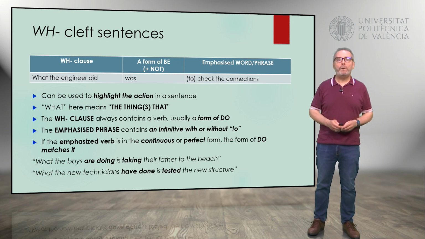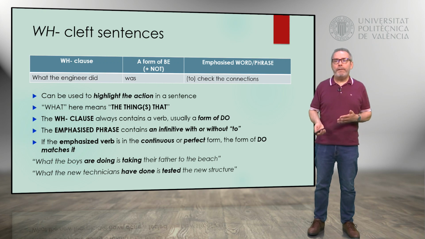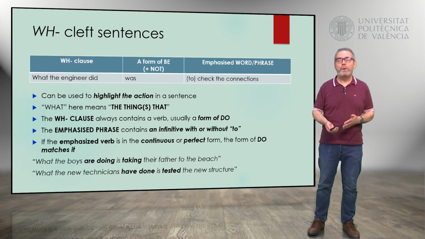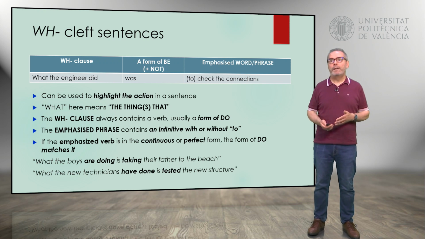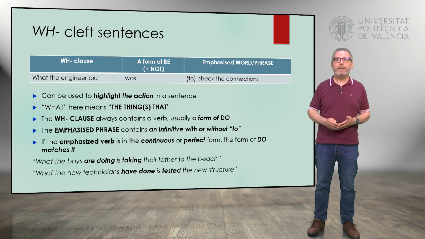They start with a WH clause, then followed by a form of to be, or it can be negative, and the emphasized element, word or phrase. What the engineers did was check the connections, or to check the connections. Here we highlight or emphasize the action of the sentence, and what actually means, in this case, is the thing